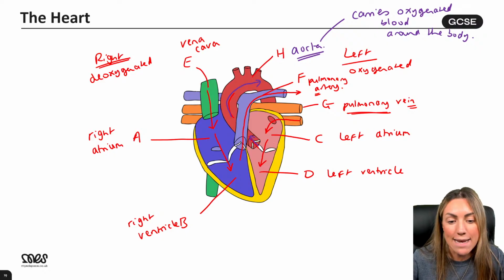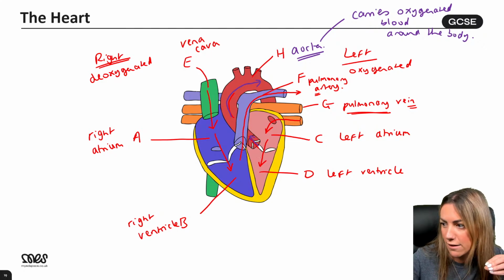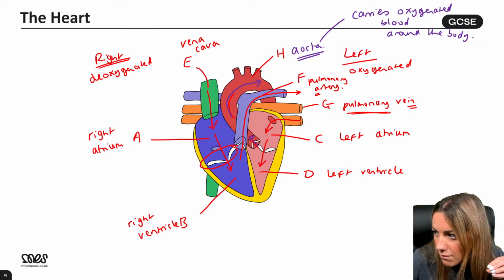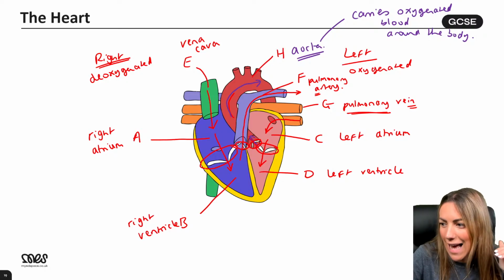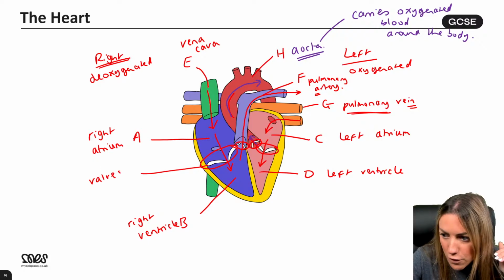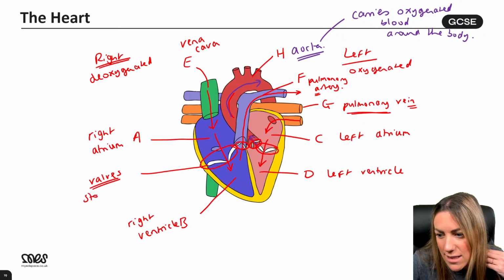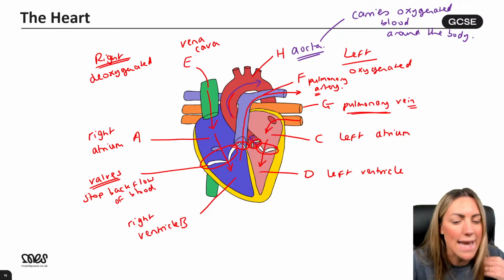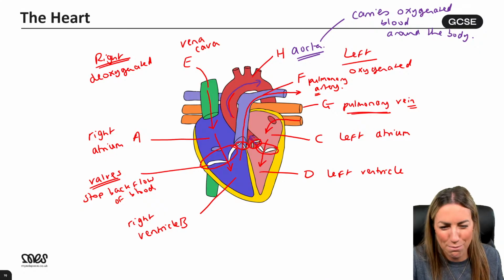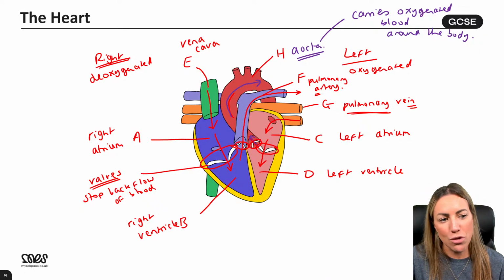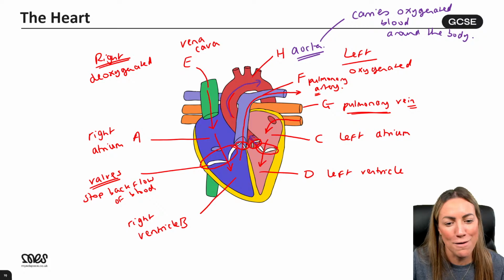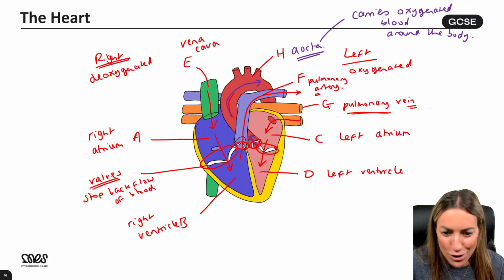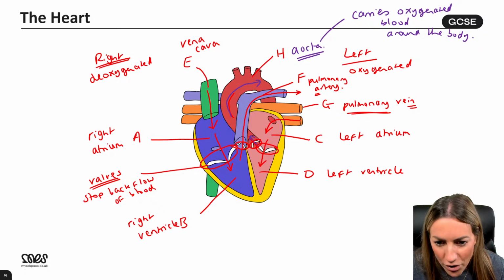You don't need to know the names of the valves, but you should know that there are valves, and you should know the function of the valves. So let me circle. You've got valves here, right? These white little flaps are the valves. What is the function of the valves exactly? Stop backflow of blood. And you don't have to know the names of them for GCSE AQA. I don't know whether you do in PE maybe, but you do have valves, and they stop the backflow of blood. They basically stop the blood going back in the wrong direction, so it can only flow in one direction, okay?